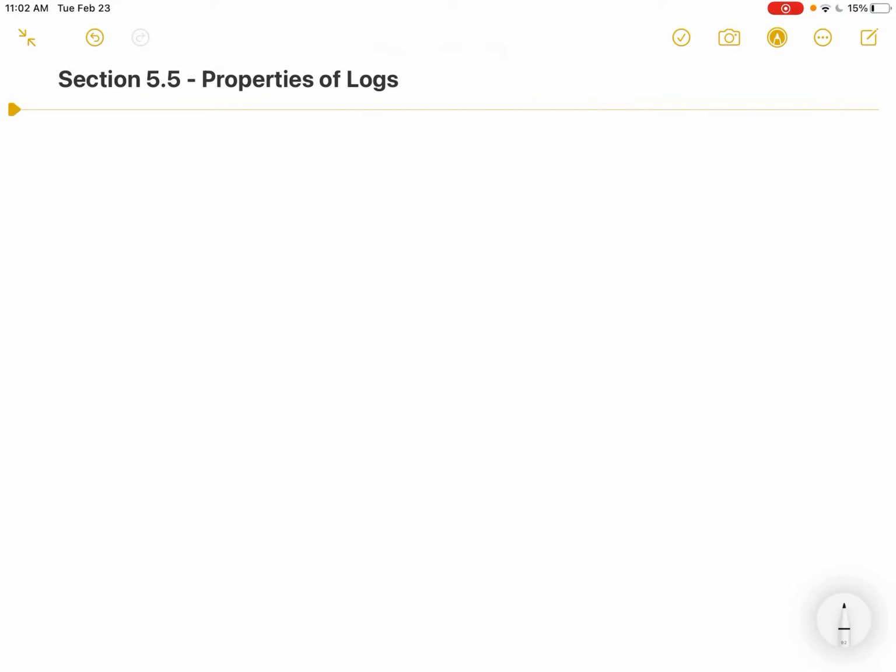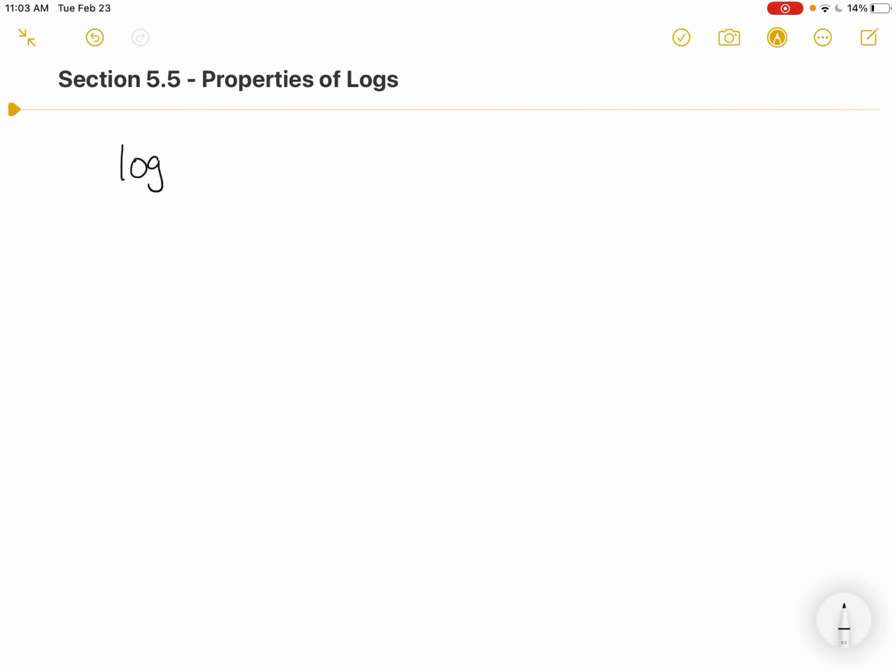Welcome to section 5.5. Here in this section, we're going to remind you about the properties of logs, and all the problems are really geared to us utilizing those properties of logs and coming up with answers. And so, as I go look at the properties of logs with you again, I want to remind you that